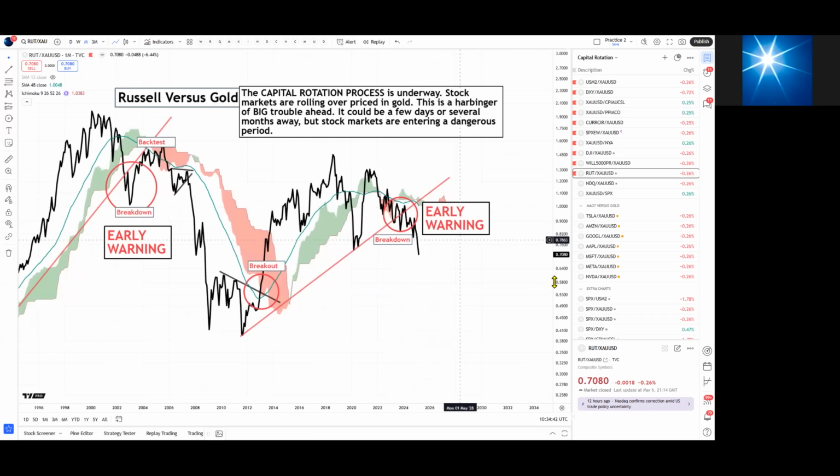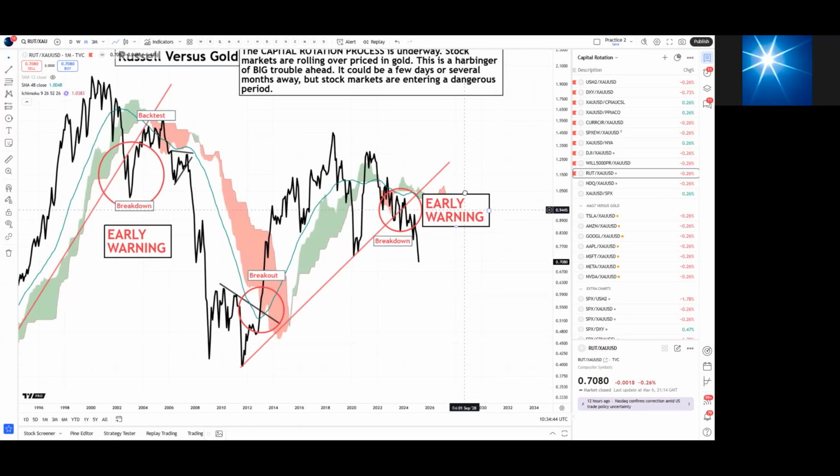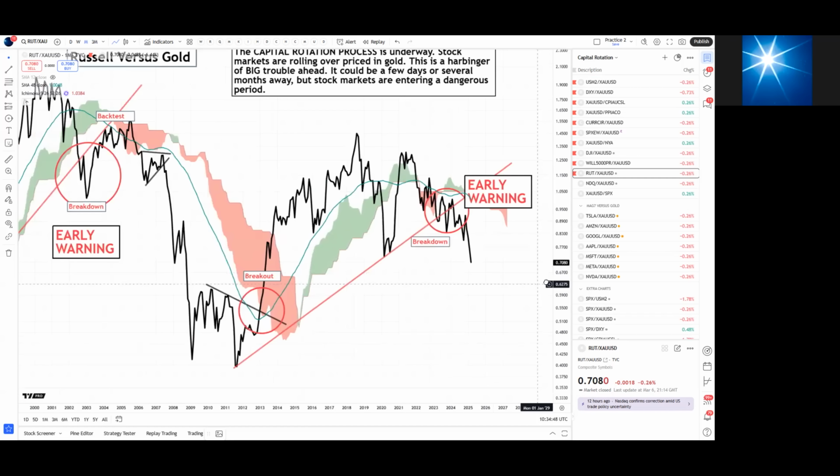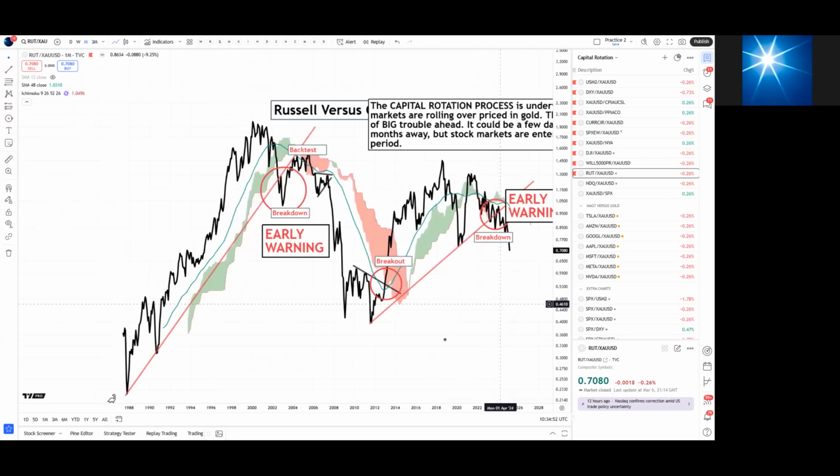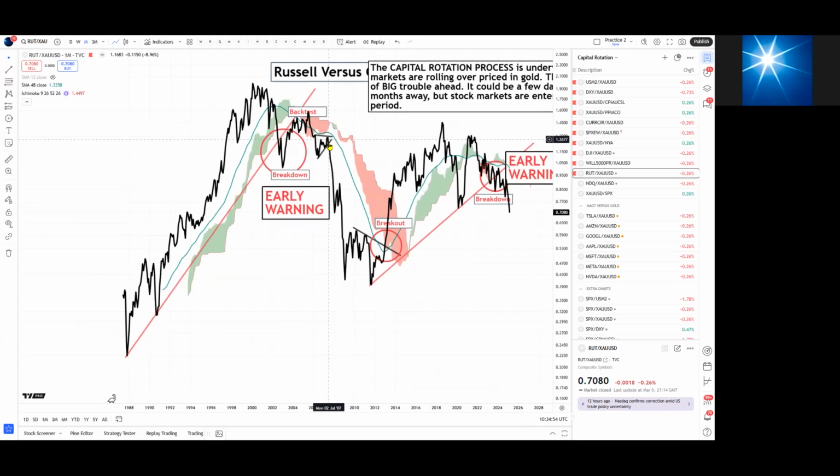The chart has broken down very decisively since the early warning. So the early warning is now in the rear view mirror, and the chart is plunging. It is quite literally plunging now. So you can see historically that the chart can fall very significantly in quite short spaces of time.